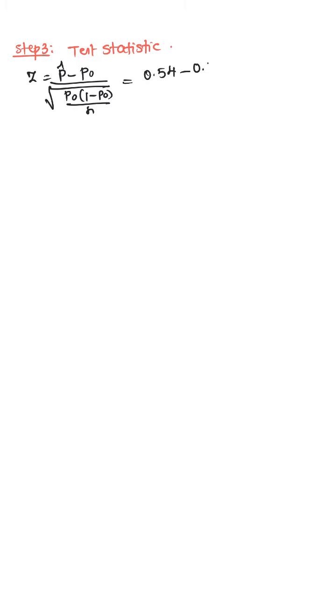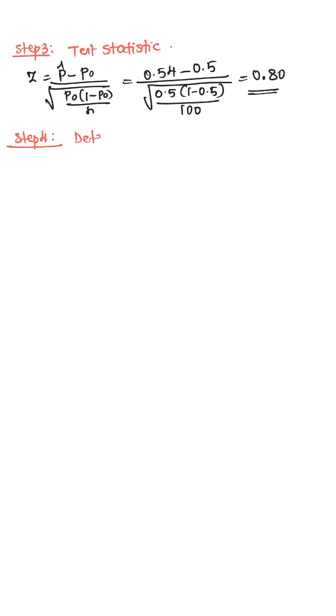Next, compute the test statistic. Test statistic z equals p hat minus p0 over the square root of p0 times 1 minus p0 divided by n. So 0.54 minus 0.5 divided by the square root of 0.5 times 0.5 divided by 100. Now step 4,